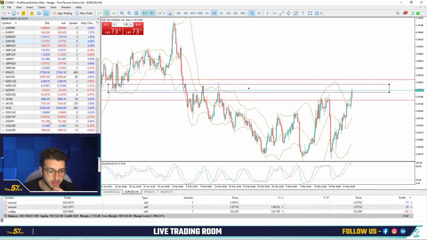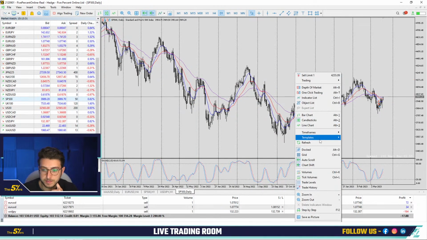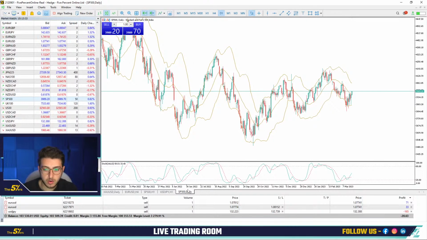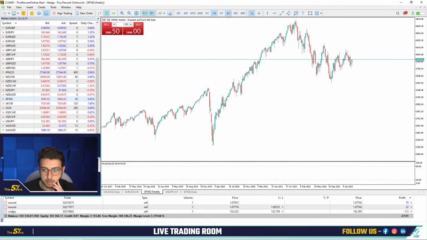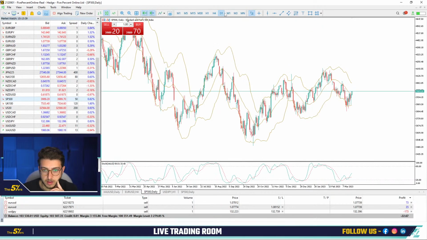Let's look at the US indices. The market will open in the next 10 minutes. I already have it here. It looks like the market will make a rally. No, we identified this spot. The market here respected. Here we respected. We didn't make a new low, I believe, from this one.